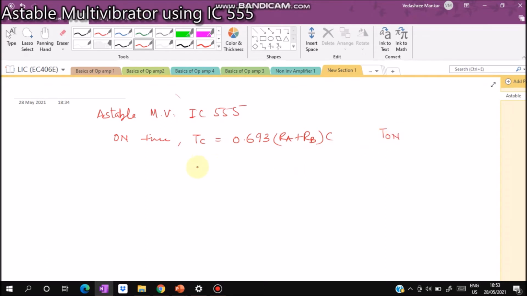Similarly, off time, that is discharging time, it discharges through RB and C. So 0.693 RB C. So here we can get the discharging time.